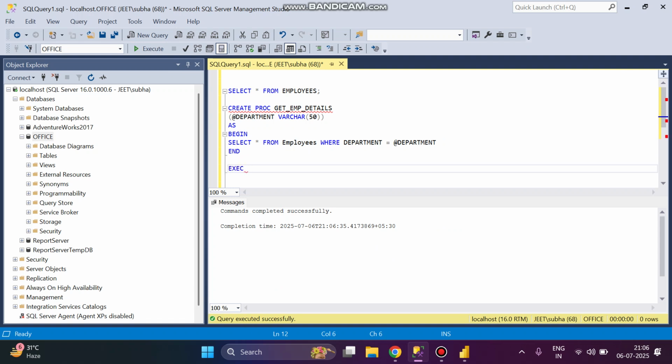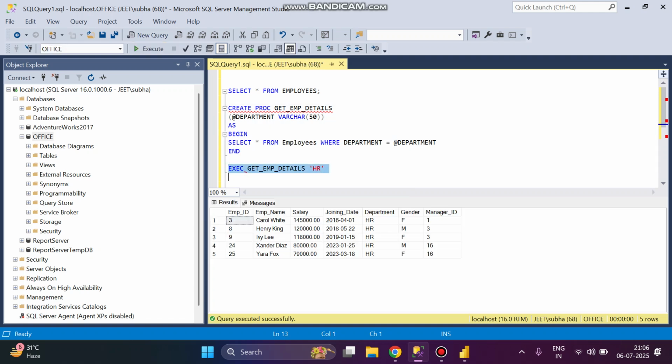Execute the SP name with the parameter, and I need HR details. So HR. Here you can see I got employee details of the HR department. Okay, so now I need to load this stored procedure